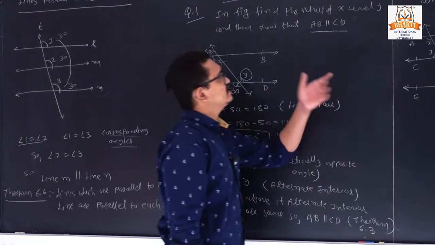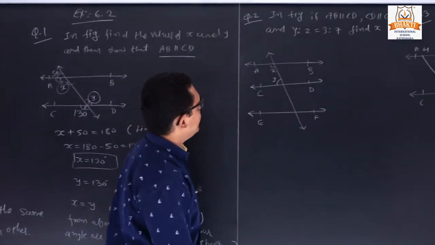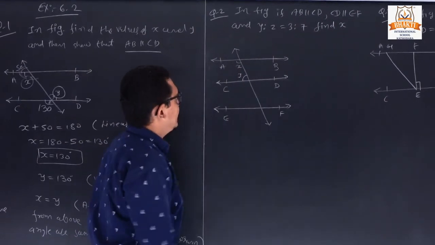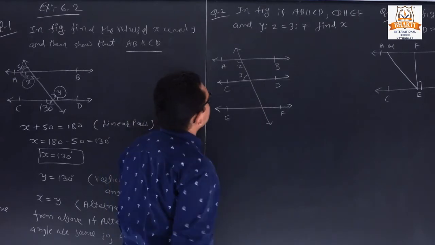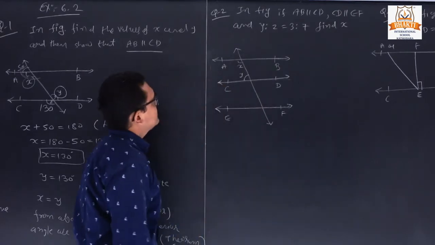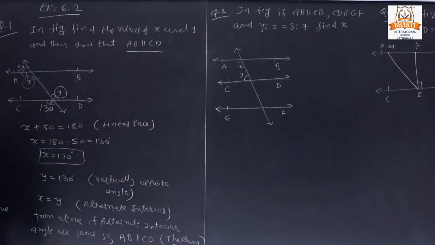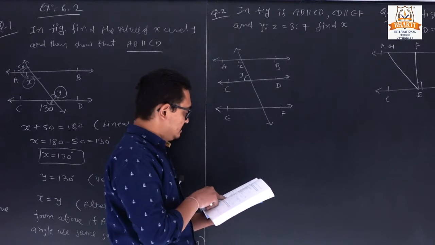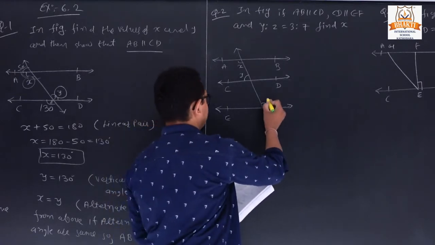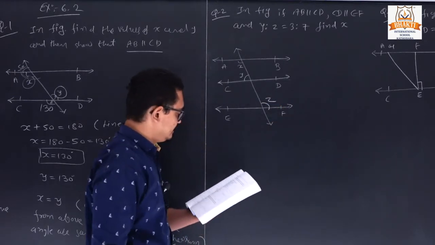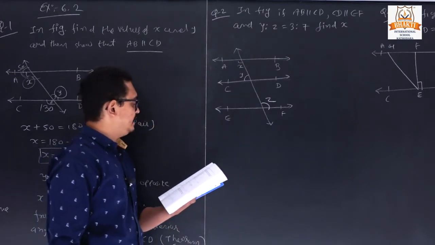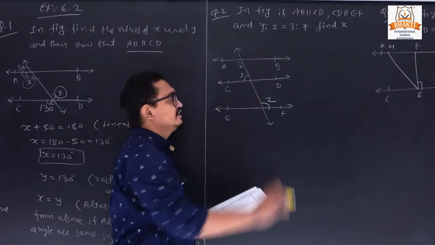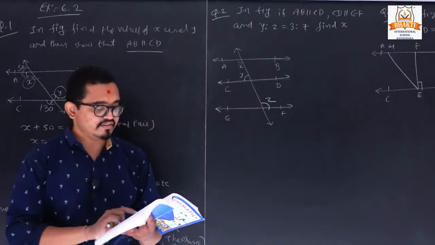Now next, question number 2. In the figure, AB is parallel to CD. So AB and CD are parallel, and CD is also parallel with EF. So find the value of Y, Z. For that, first of all I am seeing that here it is given Z. Clear? It is given Z. So we need to find the value of X when these ratios are given. So how can we find the value?